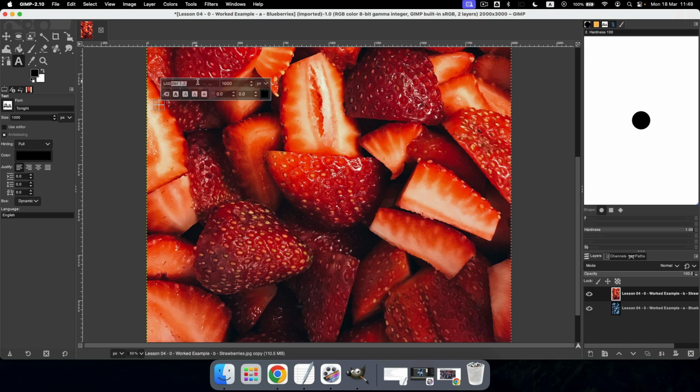L-O-B, lobster, and it auto-completes. Now, you need to be careful because if you type lowercase l, it doesn't auto-complete. So L-O-B at lobster. There we go. Right. And the word that I want is